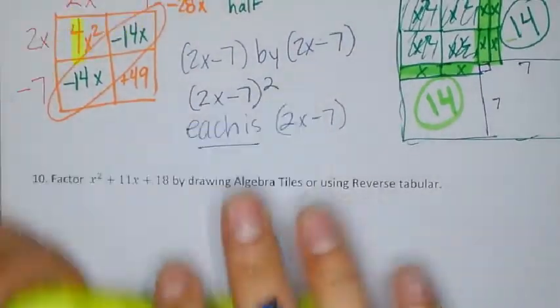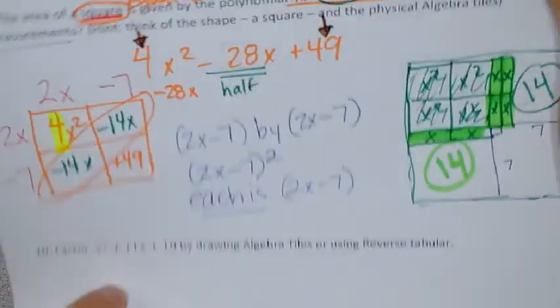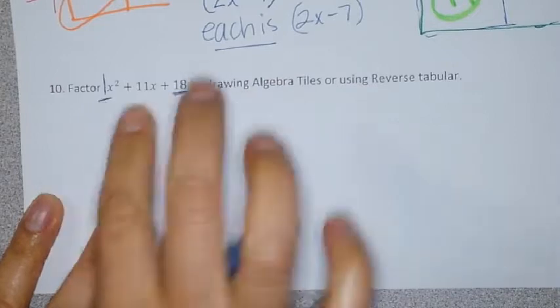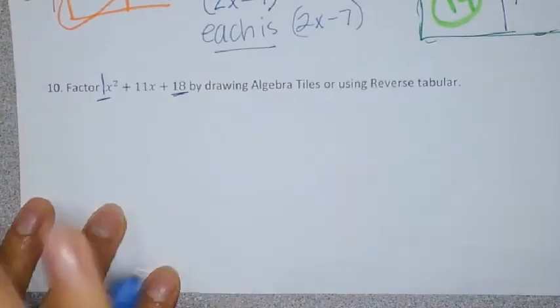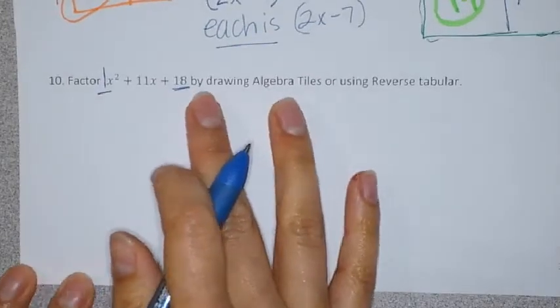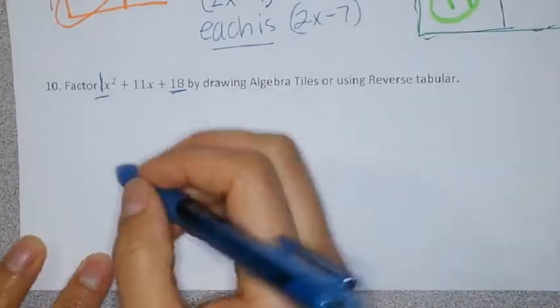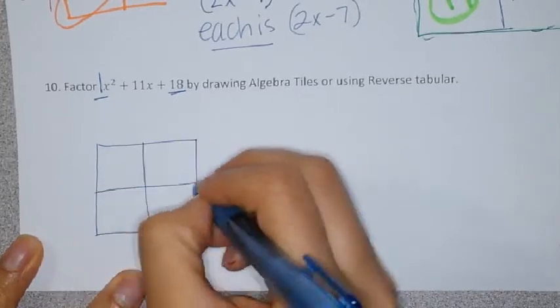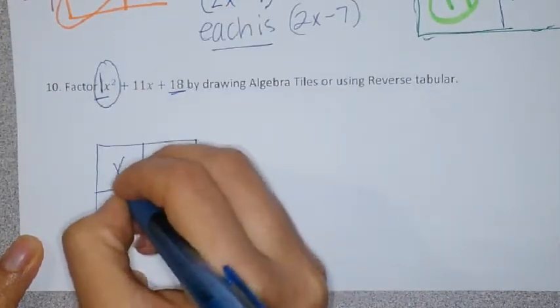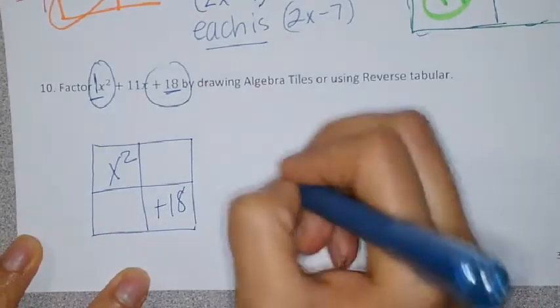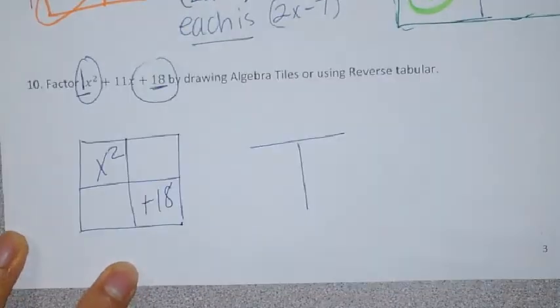Number 10, now we're factoring, just like we did here, but this one's a little bit different. If you notice, this is a 1 and this is an 18. Neither of those are perfect squares, so we know that our shape is going to be a rectangle. So in that case, if it's not a perfect square, we go back to our old ways. We put our box. Okay, this one goes here, the constant goes over here. We draw our t-chart,